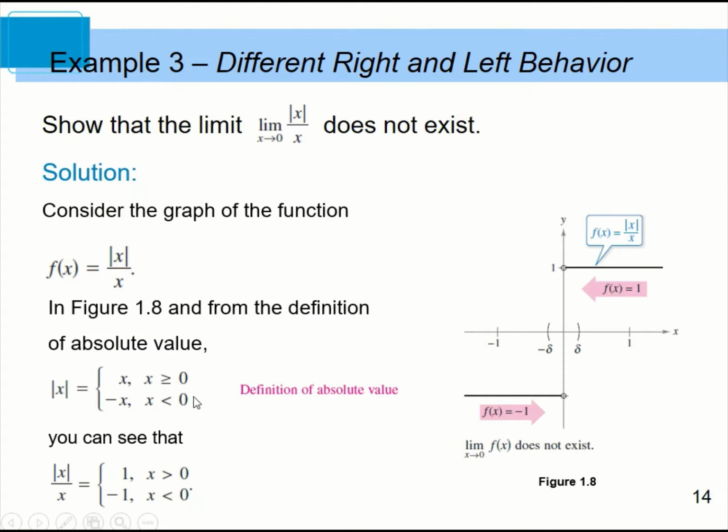Okay, so when the x is 1, the absolute of 1 is 1. When the x is more than 0, we just take the x. However, when the x is less than 0, let's say negative 2, then for the absolute of negative 2, we are going to apply a negative to the value and make it a positive,